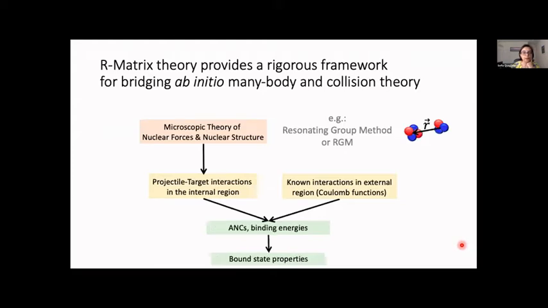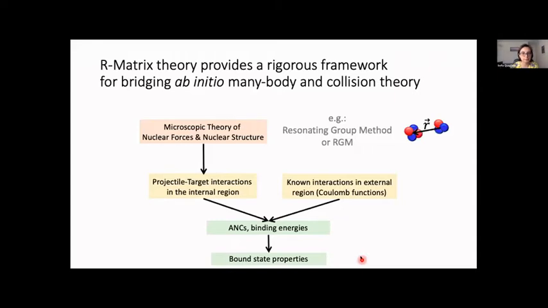Another thing that I want to point out is that on top of allowing us to compute the scattering matrix and cross-section, this framework also allows us to compute bound states, because from the matching of the internal and external region, one can also extract asymptotic normalization constants and the corresponding binding energies,